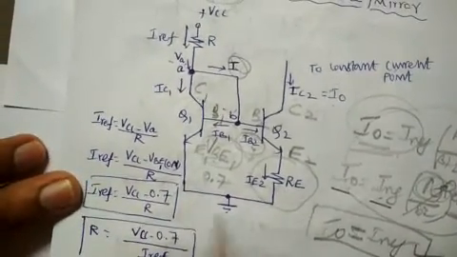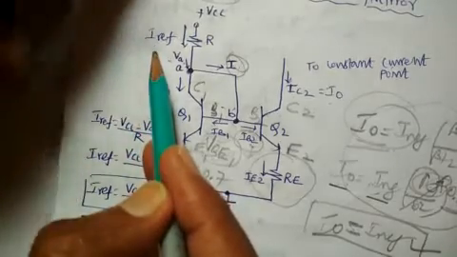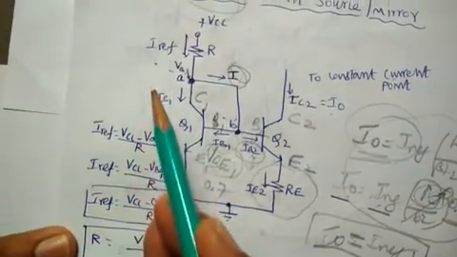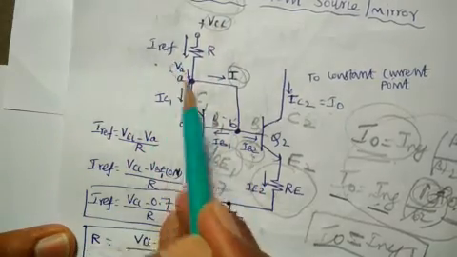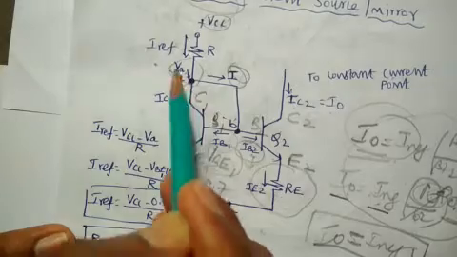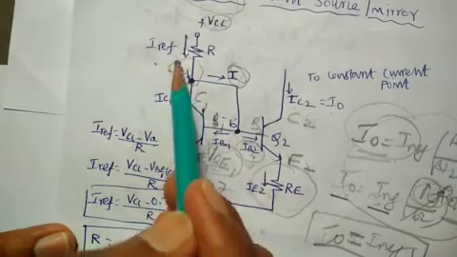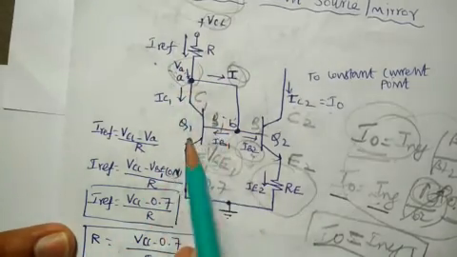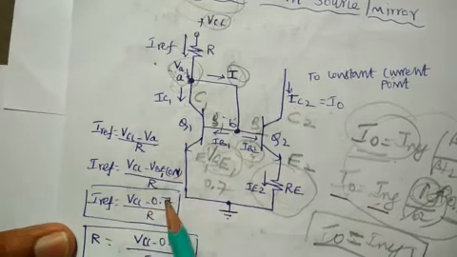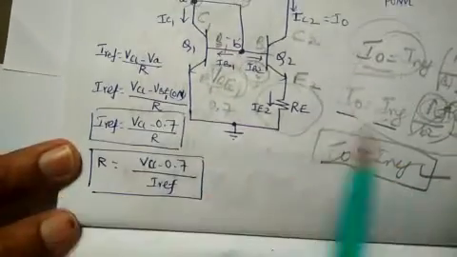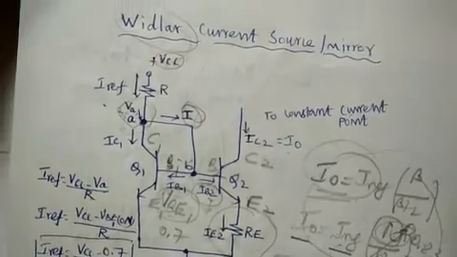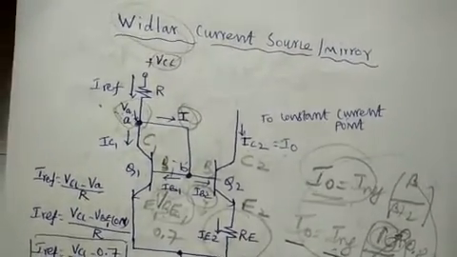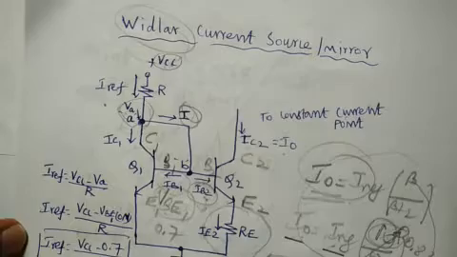To find this R, I reference, the reference current, is found by using Ohm's law: the source node potential VCC minus destination node potential, the destination node is node A, divided by the component R. Here the destination node potential is used to switch on the transistor Q1, that is 0.7 V, VBE1 on. So for silicon it is 0.7. The equation to find R is also same as that of simple current source. If you have any further clarifications, please see the video I have posted for simple current source.